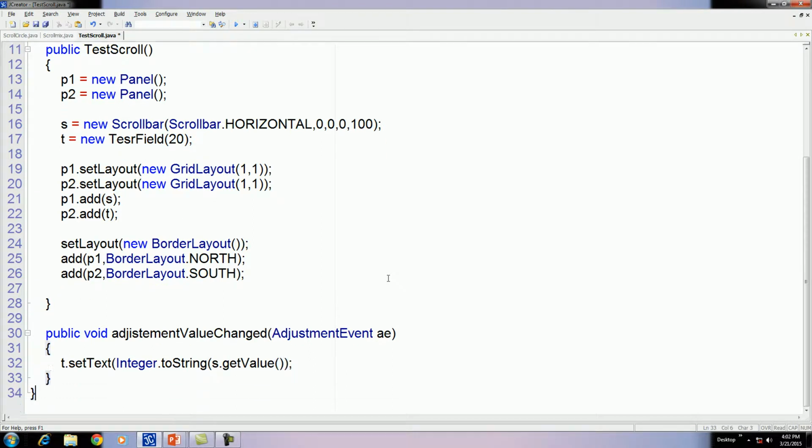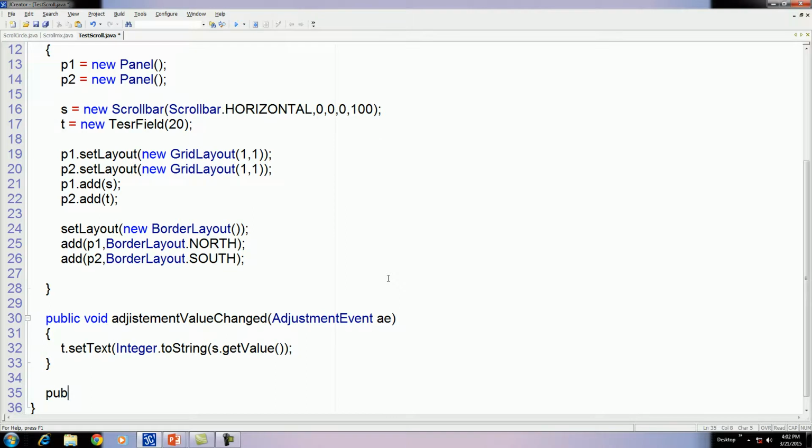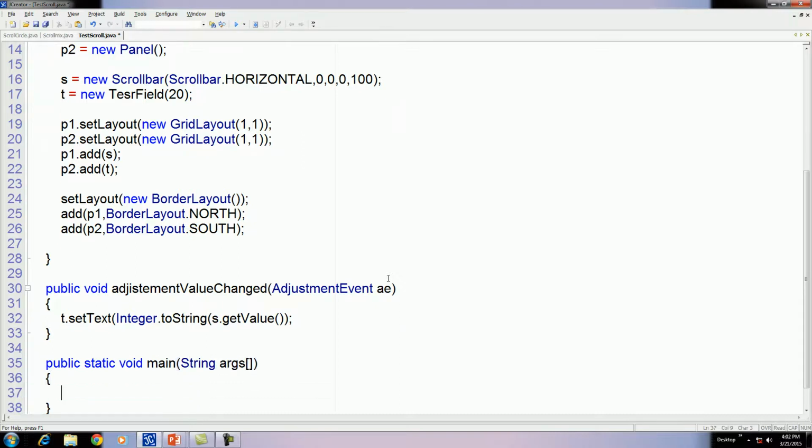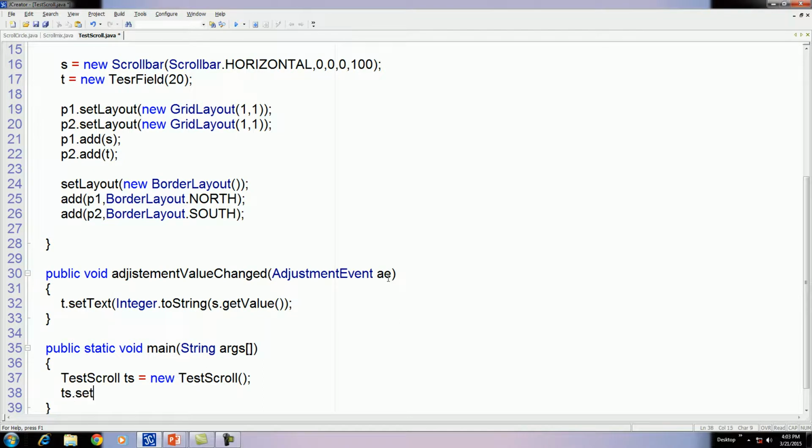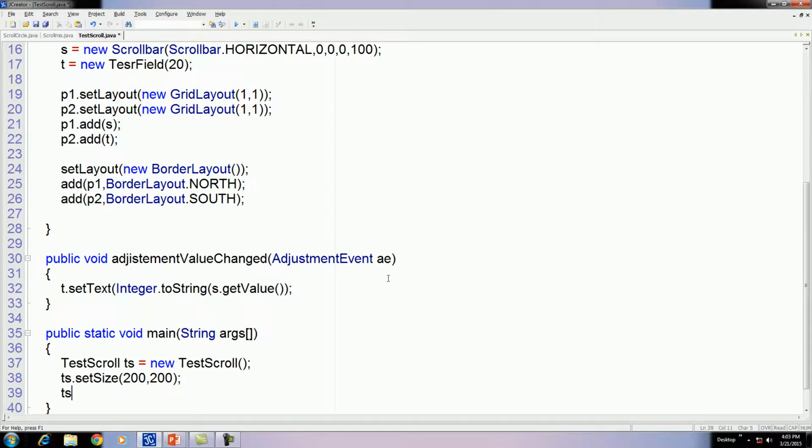Okay, and now write main. Call the constructor. Let us see the preview.